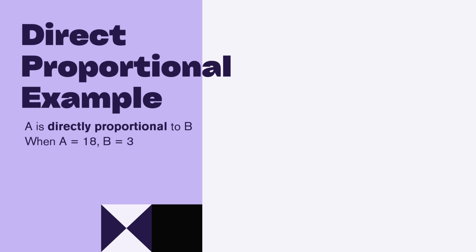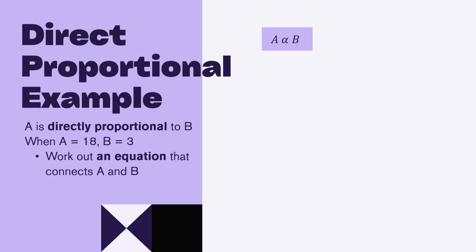Okay, so here is one example of direct proportion. A is directly proportional to B. When A equals 18, B equals 3. And we could be asked to work out an equation that connects A and B. And to answer this question,